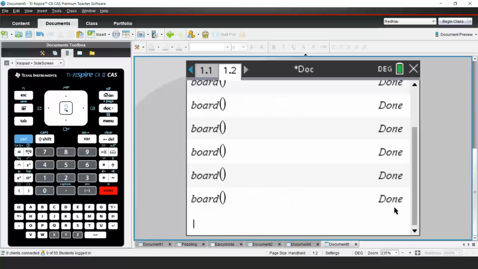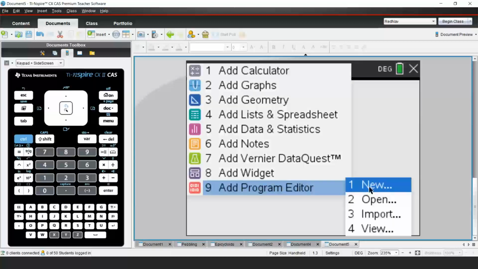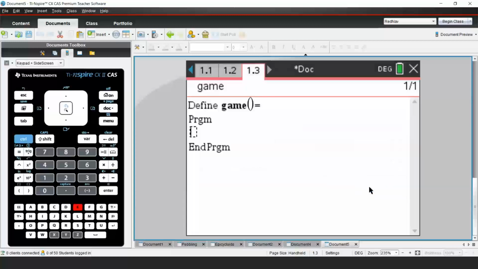So if I created another program that said game, first thing I might do is call up the board. And that will call the board program from this and then just draw the board. And then I can add more stuff to the board, like a piece on the board or whatever else it might be, draw discs and so on. So if I go back to that pedaling one,